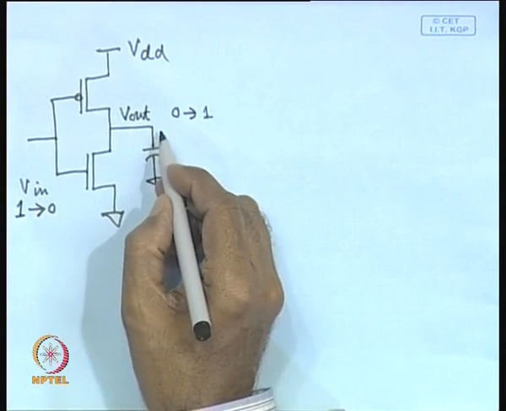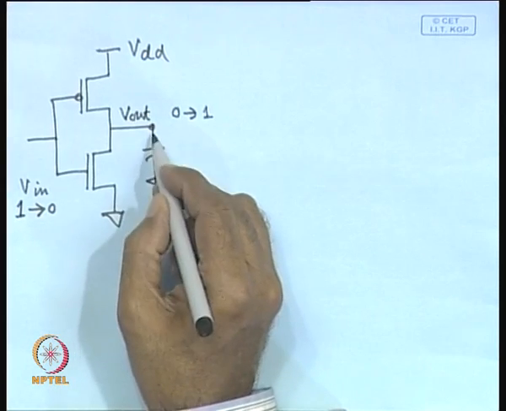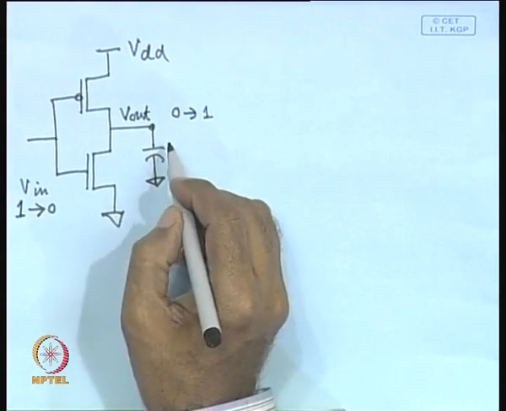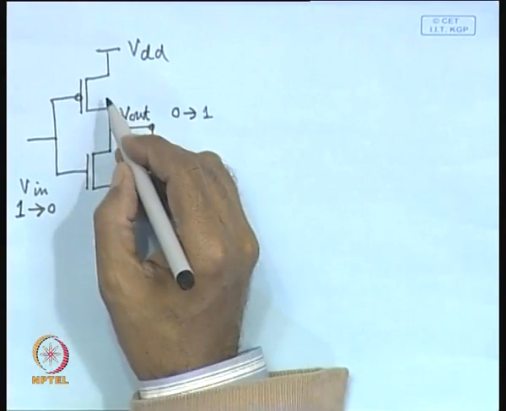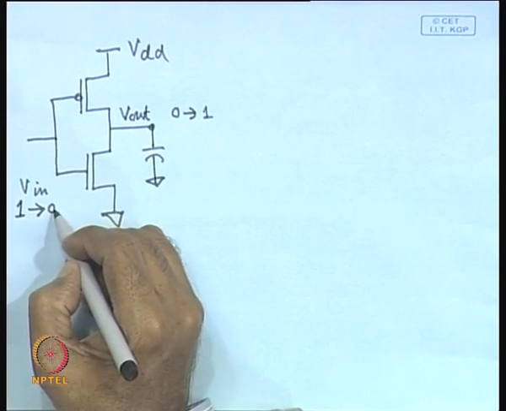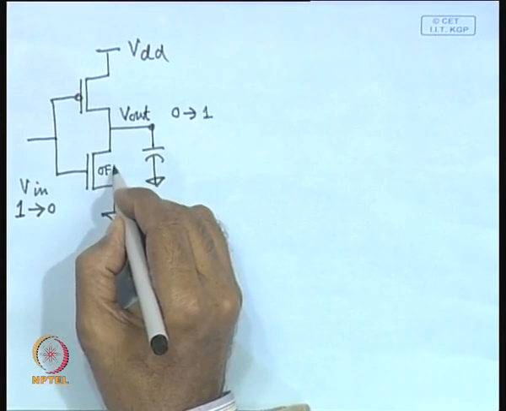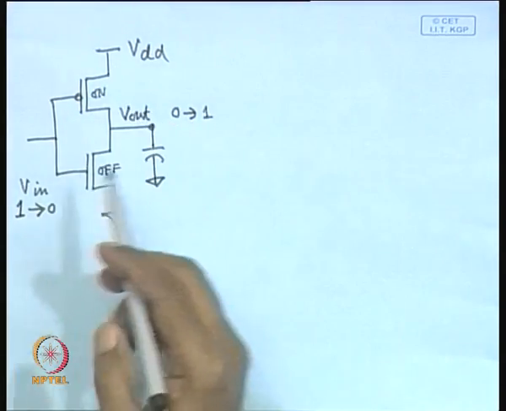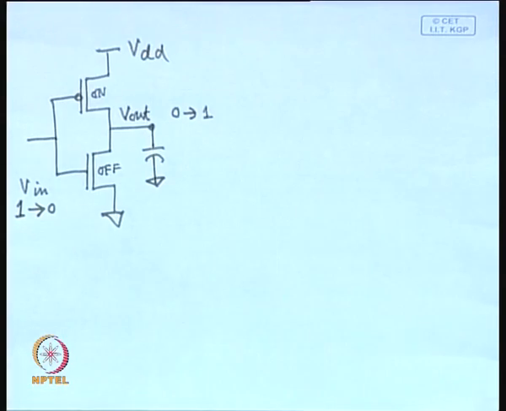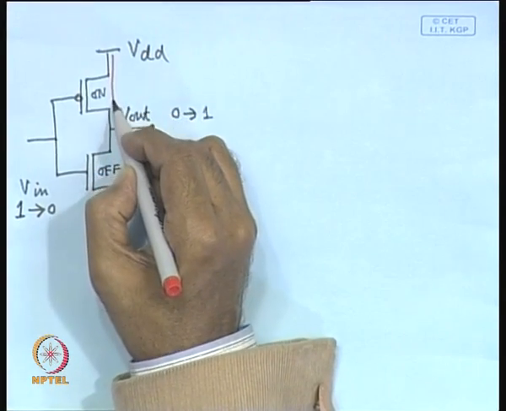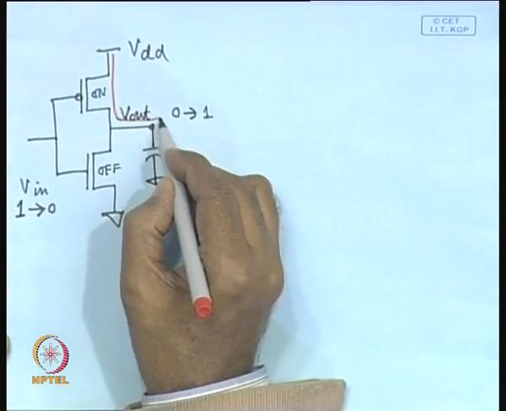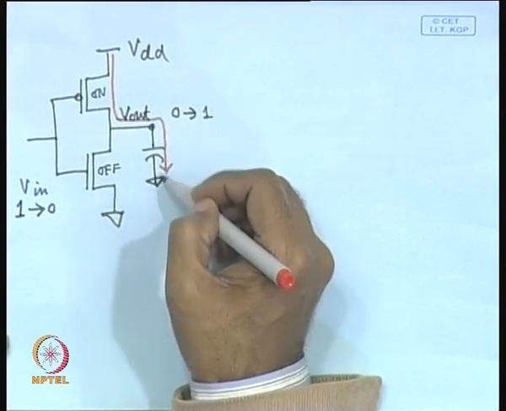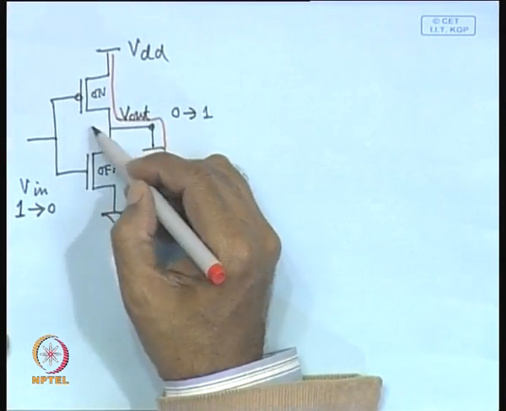Then what will happen? That means initially the charge that was stored in this capacitor was 0. Now, it will charge through this transistor, because when the input voltage is 0, this is off and this is on, and as a consequence this capacitor will charge through this PMOS transistor. While it charges, some power will be dissipated in this PMOS